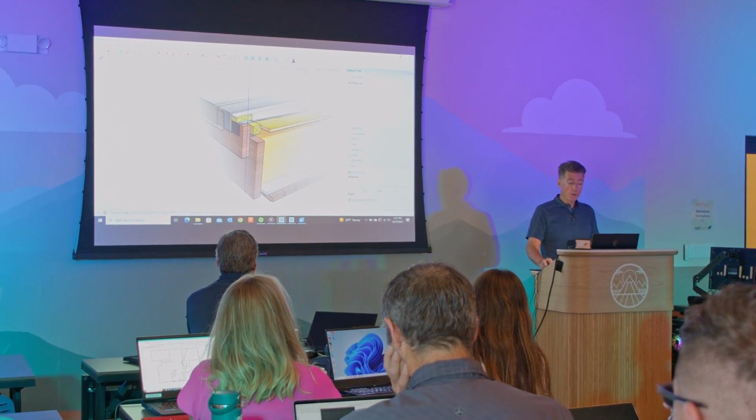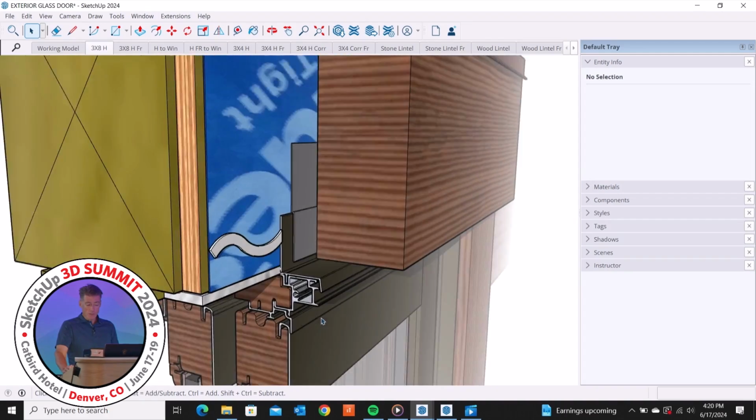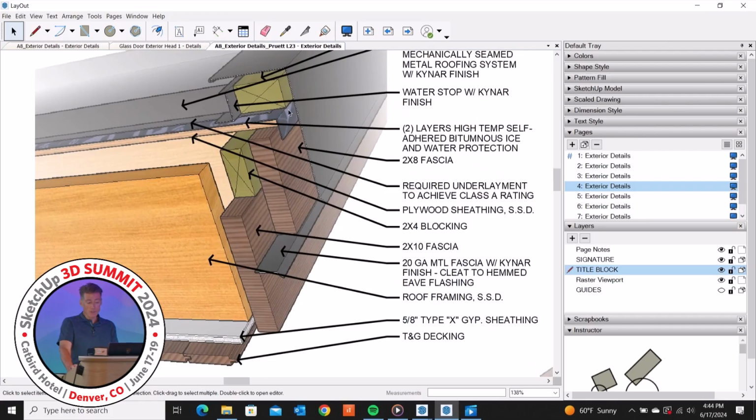In this video, you're going to see a recorded presentation from Nick Sonder at the 2024 3D Summit. He's sharing his approach to architectural detailing, and his depth of knowledge combined with his signature graphic style make this